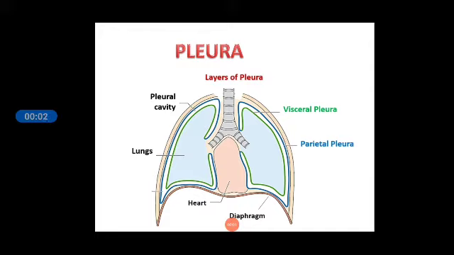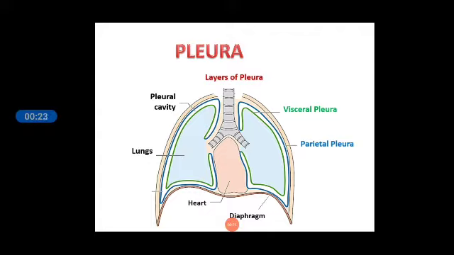In this chapter, we will discuss the pleura. In this figure, you can see the pleura. It is the covering of the lungs. There are two layers for the pleura. The inner layer is known as the visceral pleura, which lies close to the lungs, and the outer layer is